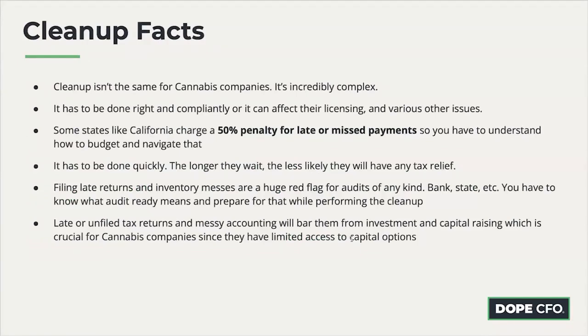Cleanup. We see a lot of cleanup in cannabis companies as well. It's not always the same. For one, we might have many verticals in one company. We might have farming, manufacture, retail, all in one company. Every state has their own cannabis rules. Most of them are not about accounting, but some of them are. Some of them are just like, you've got to file on time. You've got to do what they call clean accounting, or maybe you have to have an audit, however they define it, or you can lose your license.